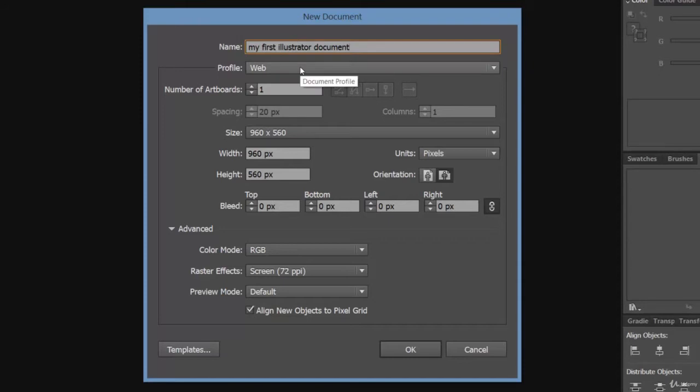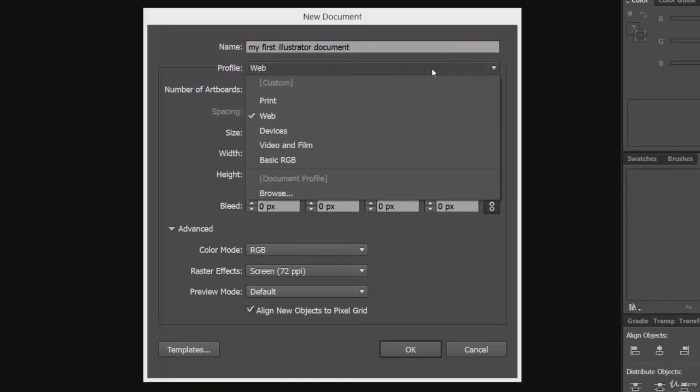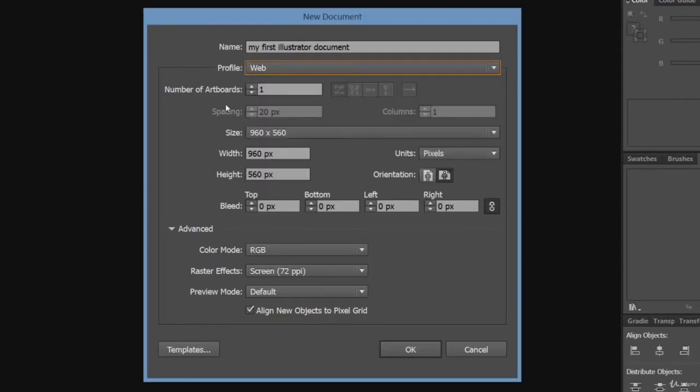The second option is profile and you can see that it's a drop down. Here we are having some other options also like print, devices, video and film, basic RGB. I'm coming to it just a bit later, but in this lecture only. And number of artboards, let's skip it for now.